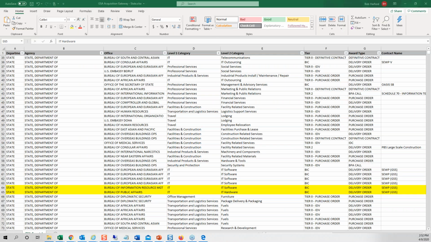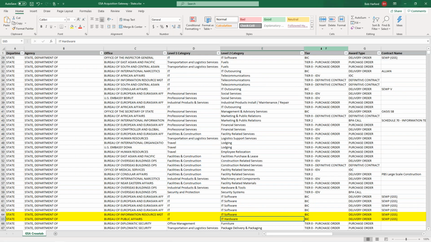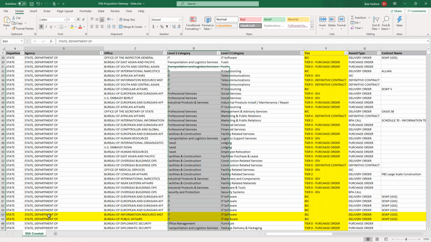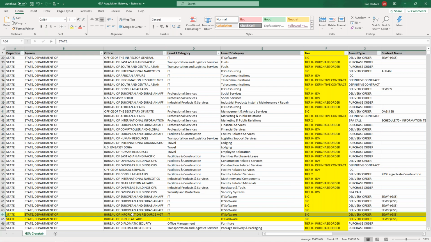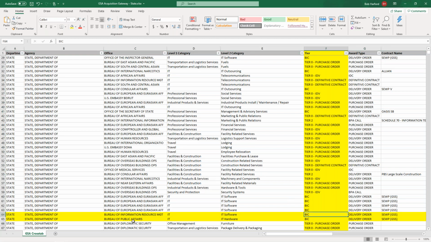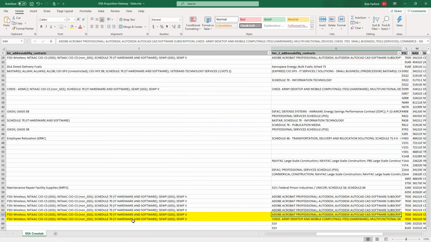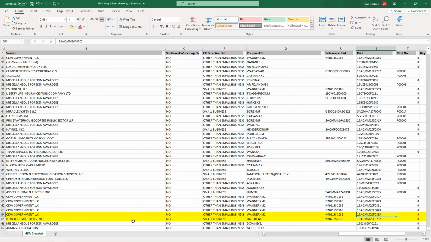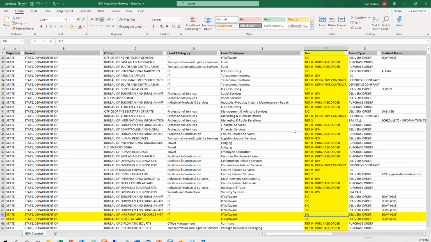So if you look at the data, here's the tier here. For this, every one of these is a transaction in FPDS&G. So if I'm looking across, that's best in class. And there is the PID. There's the mod, the PID, the ref PID. That's the tier. You can see I got BICS, tier 0, online, tier 2.